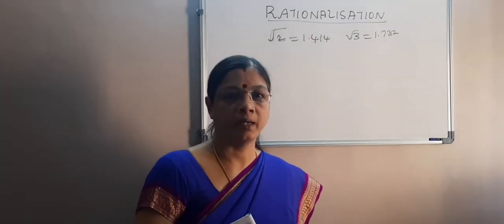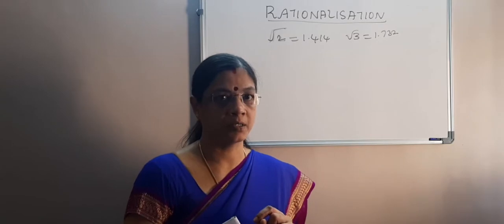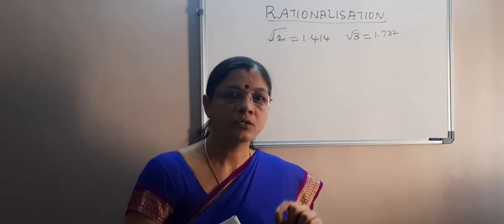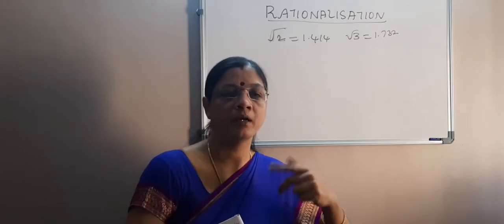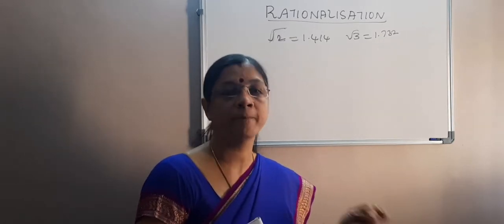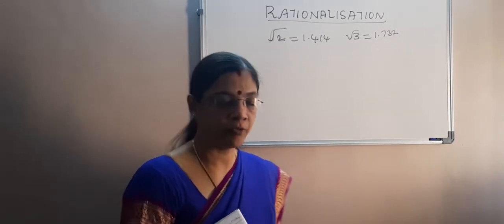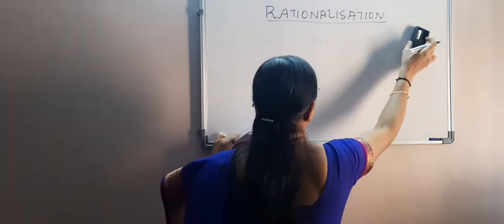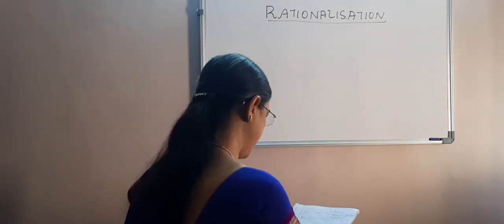So we are multiplying it, but dividing by such numbers may be a little bit tedious for us. So it is easier for us if we convert them into rational numbers, if we convert them into whole numbers or something. So it will be easier for us to simplify. So that is the reason we rationalize numbers.